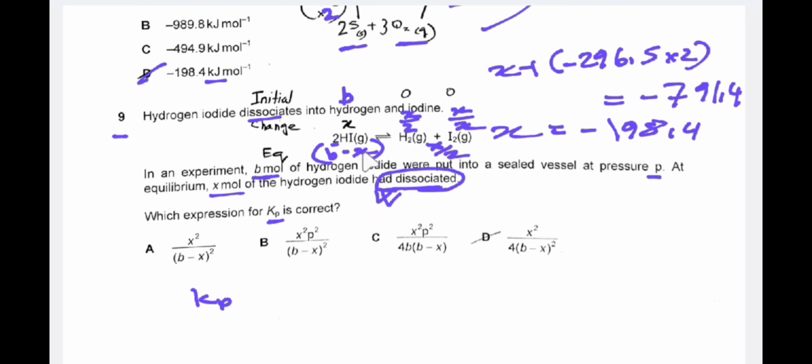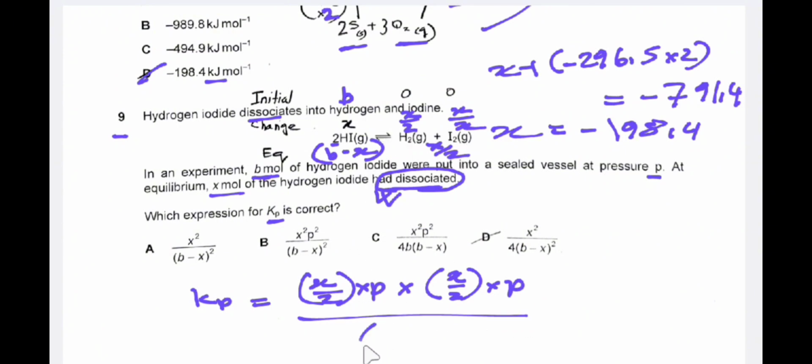So what is the partial pressure? Partial pressure is equal to number of moles times the total pressure, that is X by 2 times total pressure, times X by 2 times total pressure, that is the number of moles of hydrogen and iodine at equilibrium, divided by the number of moles of hydrogen iodide present at equilibrium, that is B minus X. And since there are 2 moles, we need to place a square, and it is also multiplied with P square. So these P values cancel each other out, and after cancelling, we get X